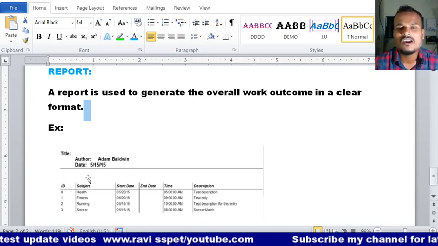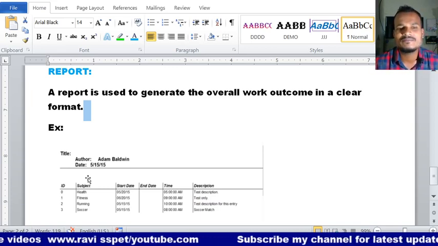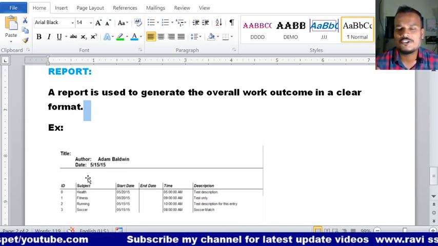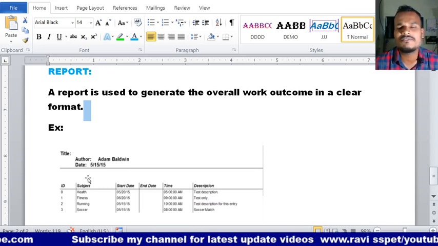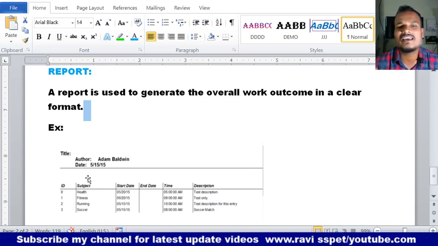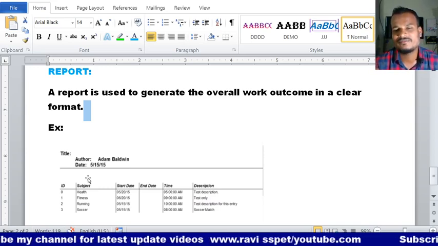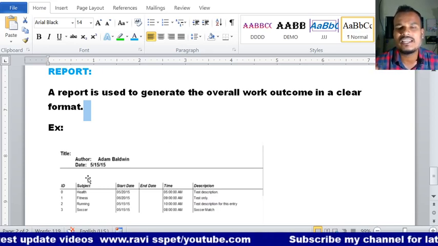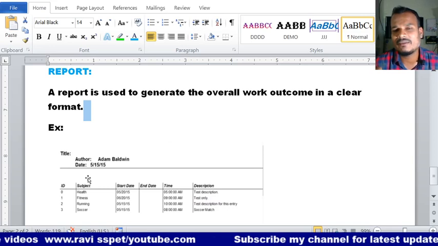In that report all details will be there: on which date the job was done, at what time, everything. That we call a report. So this is about database objects in RDBMS.